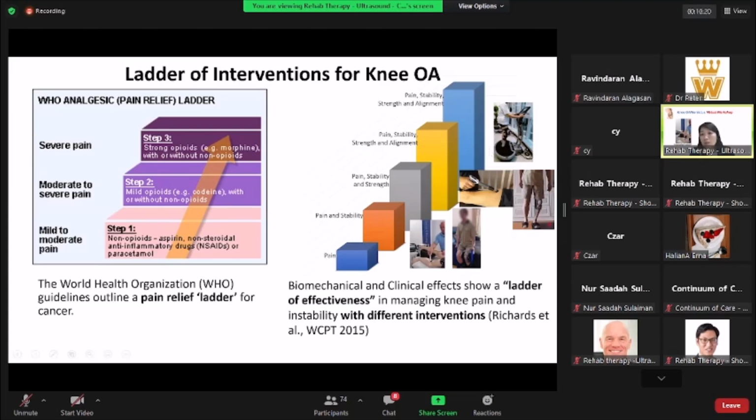Based on this ladder of intervention that we are suggesting with an evidence-based approach: ultrasound, shockwave, proprioceptive bracing, and unloading, more rigid knee bracing, together with an exercise platform to address the different barriers that knee OA patients experience. Patients have very different lifestyles, activity levels and preferences, and they may experience different barriers as they go up the ladder, including pain, stability, strength, alignment. So the different modalities are addressing the different barriers, and usually a combination of modalities is used. Okay, so from here, let's go into the breakout rooms.